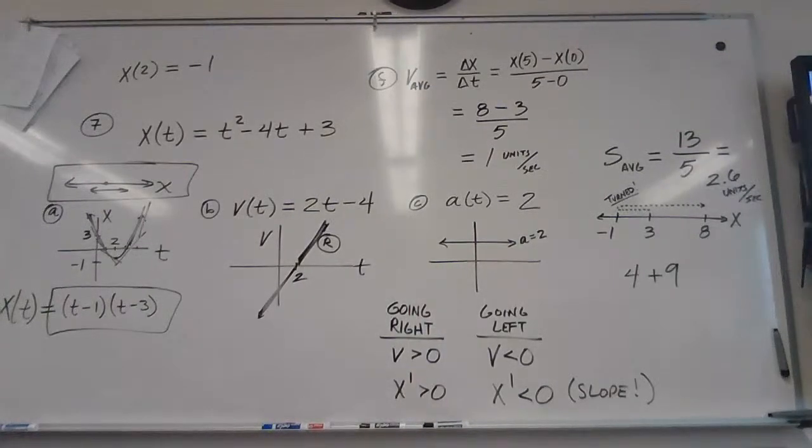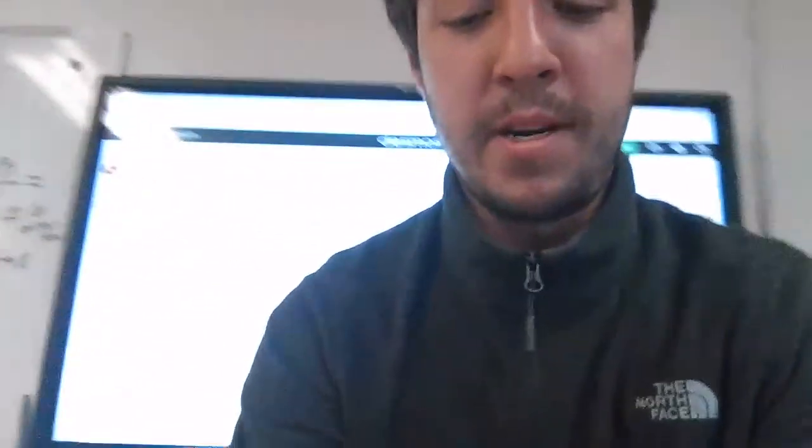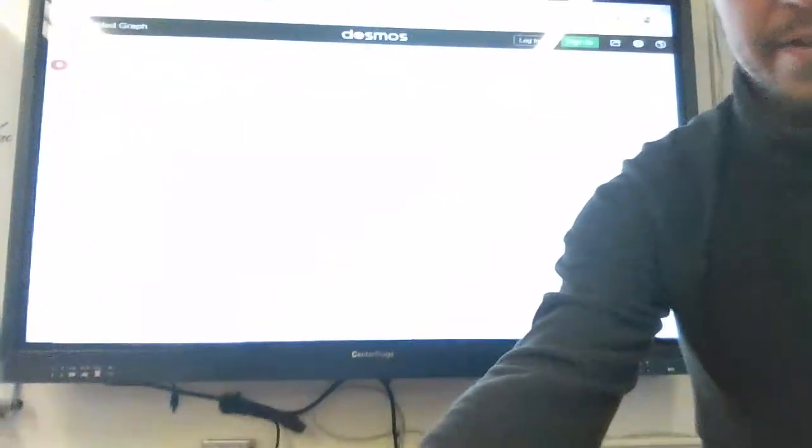Let's go to time 2. Where should he be? -1. He's at -1. Does that agree with our position time graph in the far left over there? Sorry for the stupid computer. Okay, so what I'm showing here on Desmos, if you want to try it out yourself, if you're confused at all,